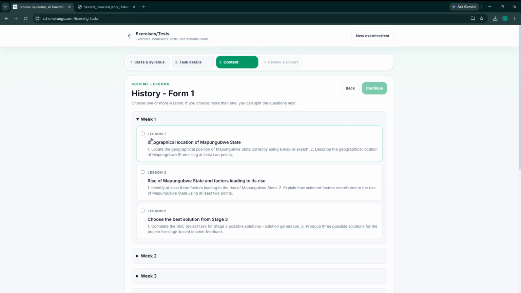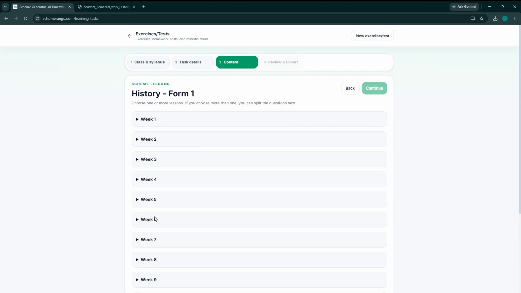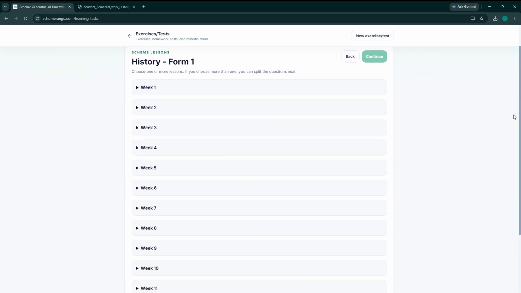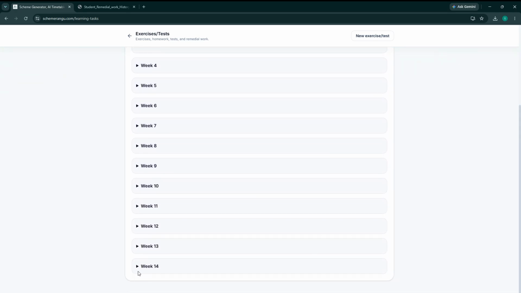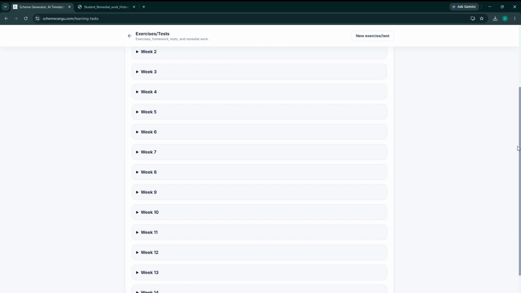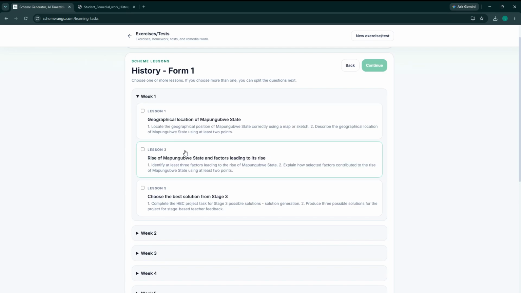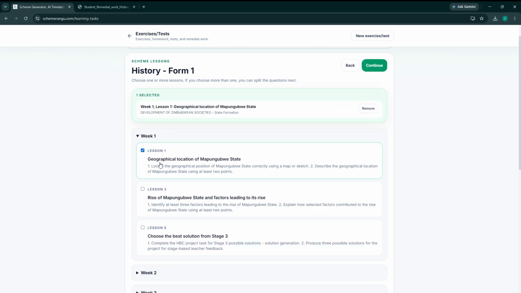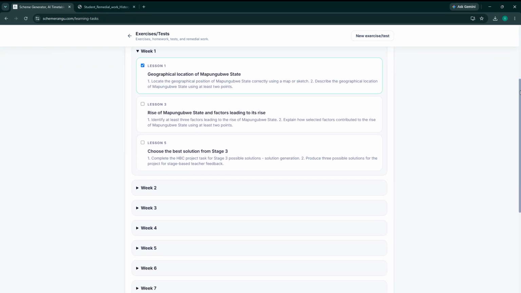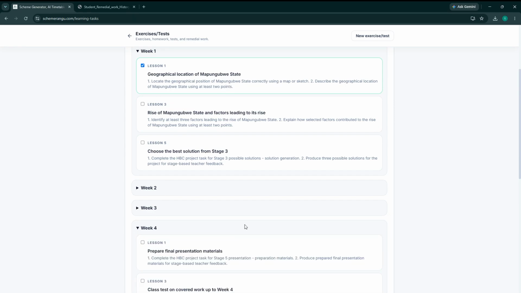So because here I'm choosing from my scheme, you can see these are the weeks for the scheme that I had generated. So from week 1 all the way to week 14. So I can select the lessons, the individual lessons from my scheme. So lesson 1 was geographical location of Mapungubwe. If you have seen throughout this whole course, this was the scheme that we had generated. So I can pick a lesson here. I can even go to week 4 and maybe